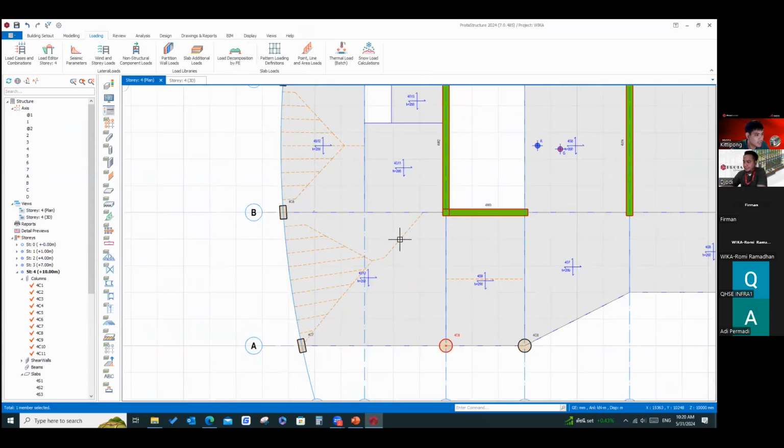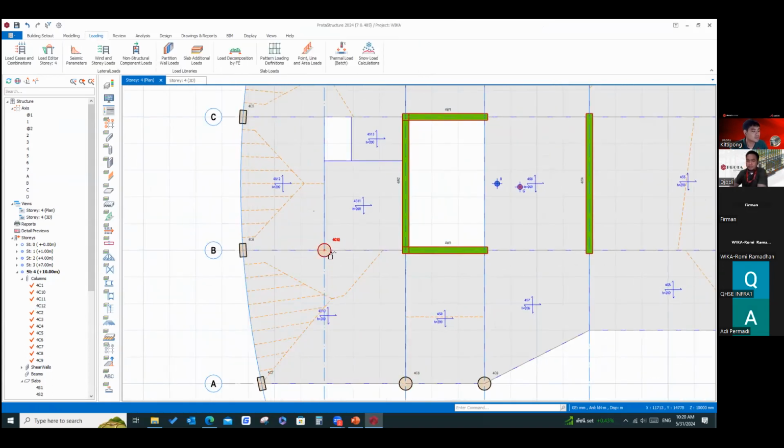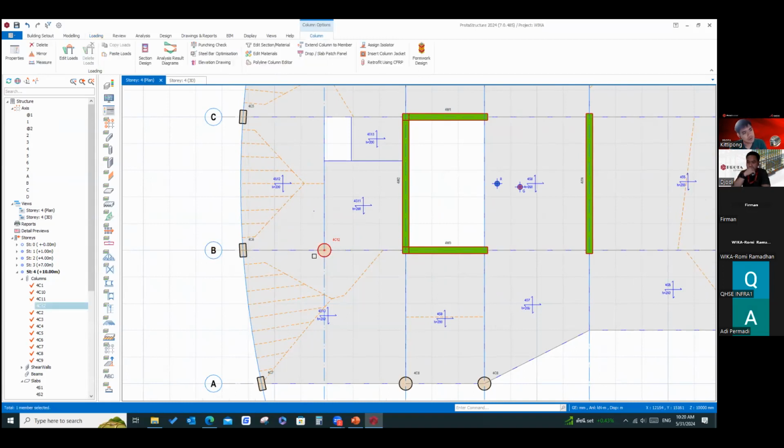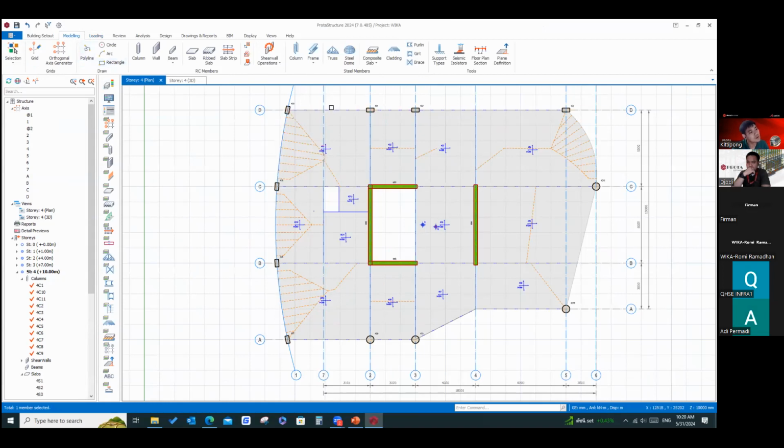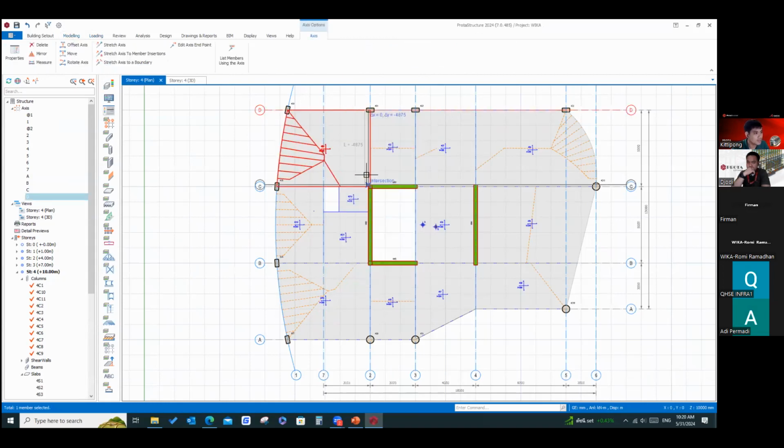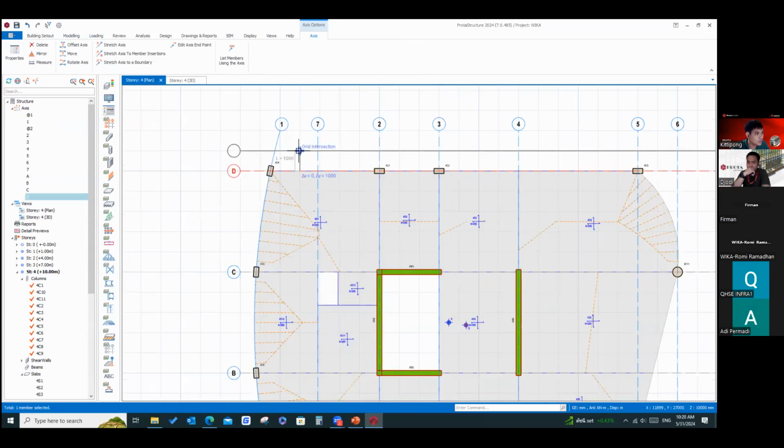Just add the column like this. Actually, maybe we just input the slab to cover all this.